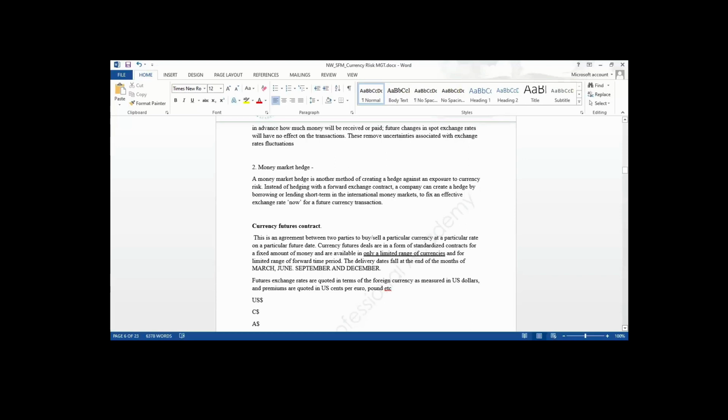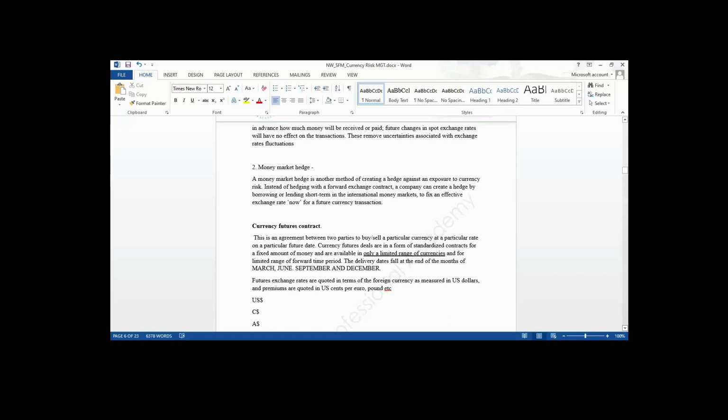At one point, you are receiving inflows. If our company is to make payments in foreign currency at future periods, and we want to hedge with money markets,